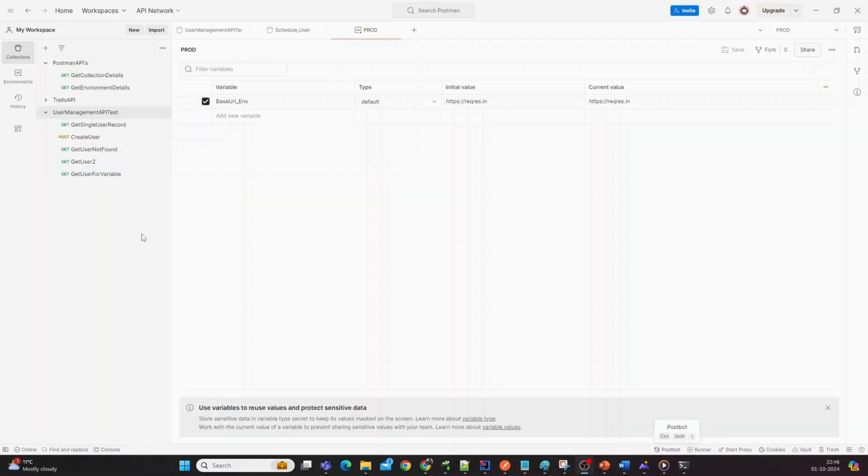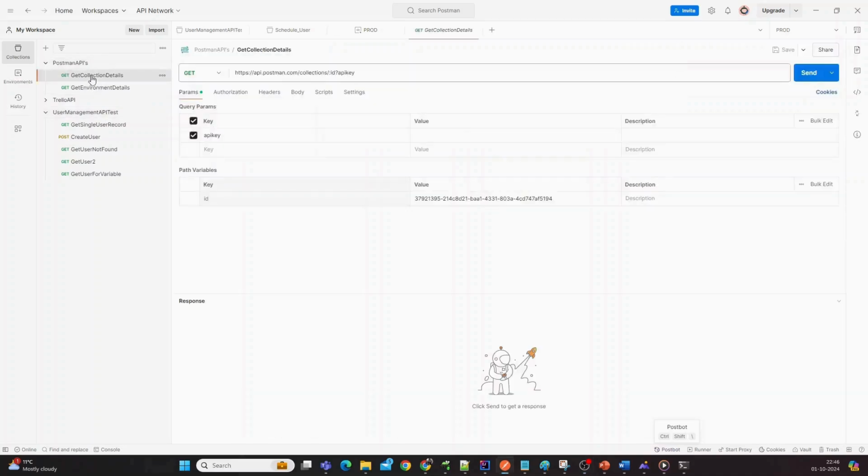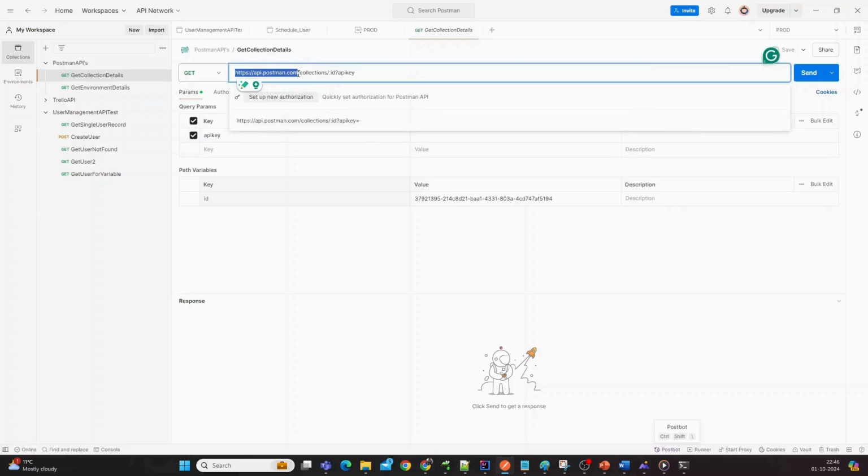Running the API collection via the URL. For this we need certain parameters to construct a URL. I have created a collection for this, and Get Collection Detail is one of them, and this is an API endpoint URL that we need to construct the URL, right? This consists of the base URL, which is api.postman.com, then collections and the collection ID, and